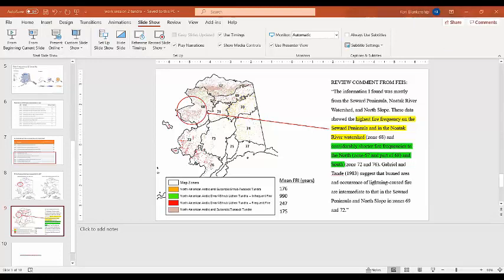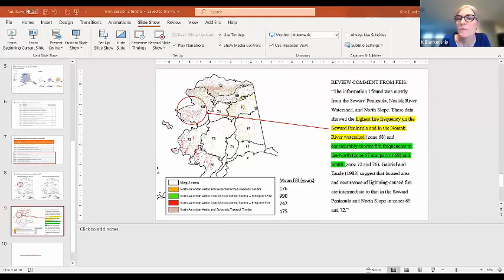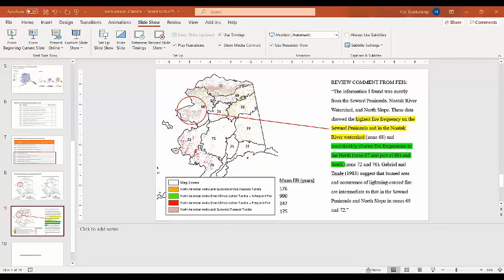Let me bring that one up. So before you leave this, do you want me to come back to the spreadsheet? Well, I think these mean fire return intervals that you have on there, I think 990 is probably way too long, depending on where it's mapped. Yep. And I think that the tussock tundra is probably shorter than 175. If you are sticking to things being in that, 68 and 67 having a different